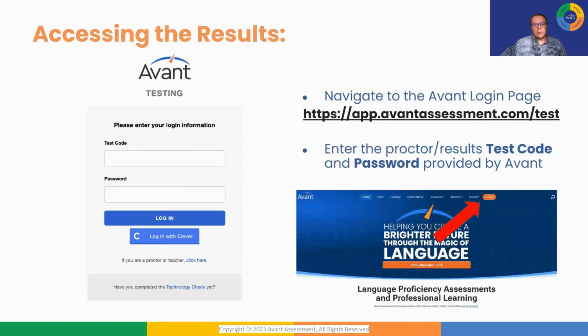Now let's take a look at how to access your results. You'll go to the login screen and use your Proctor results test code and password that Avant provides. Once you're logged in